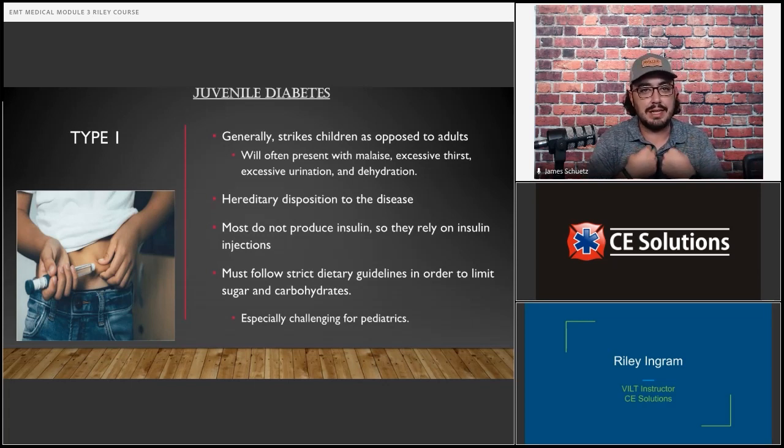I mean, us as EMTs and paramedics, we're not really taught too much about insulin and how to administer it, right? That sliding scale is no joke. She's tried to explain it to me a couple times, and it's all dependent on what carbs they eat, blah, blah, blah. And it's like, what? And you're talking about a kid who may say, oh yeah, I'll go eat this, and this, and then go buy some nachos and some sweet tarts. And that's what they had for lunch just because that's what they feel like eating. I mean, not only do you have such a wide range of where you're at on what side of the spectrum, but you've also got the